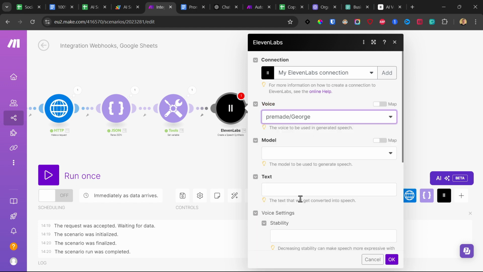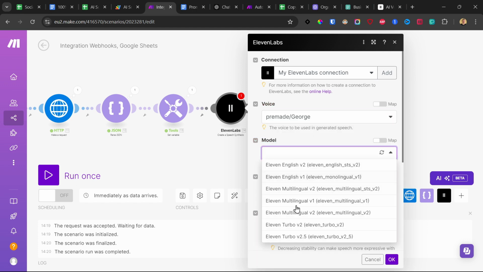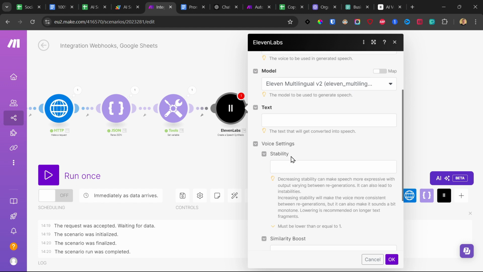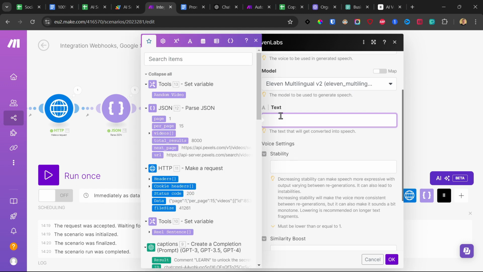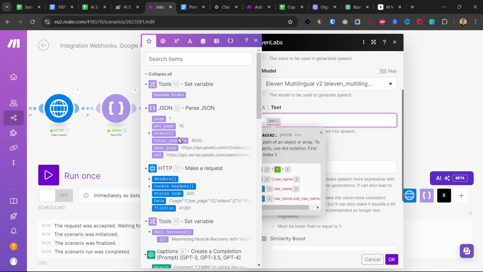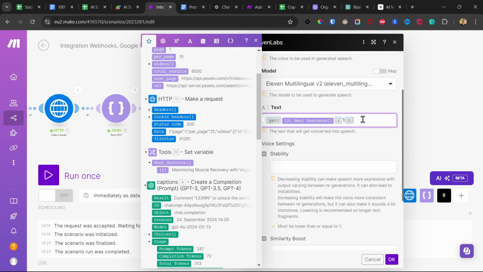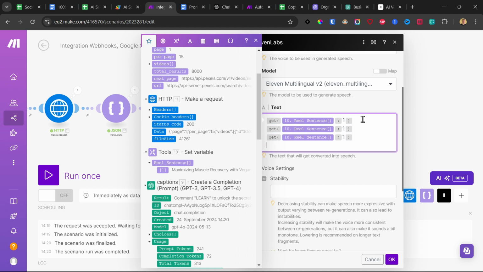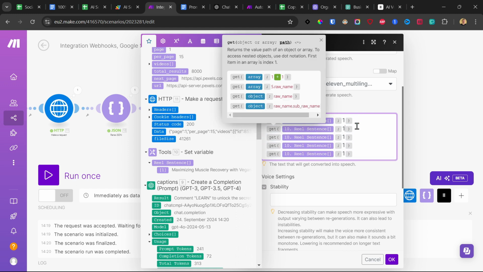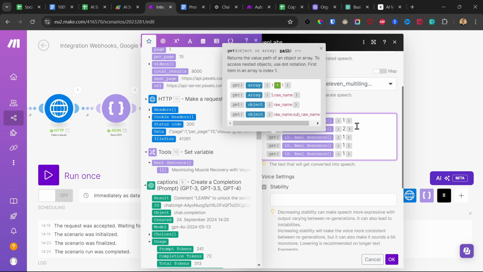For example, George as a model. I've used this one. And next we wanted to read one sentence at a time. We use an internal function called get. And there we go to real sentence. And then we need to use the variable real sentence. First we wanted to read the first sentence. Need to add this here. See, and we need to do this 5 times because we have 5 sentences. Now I go in here and I change it to 2, 3,